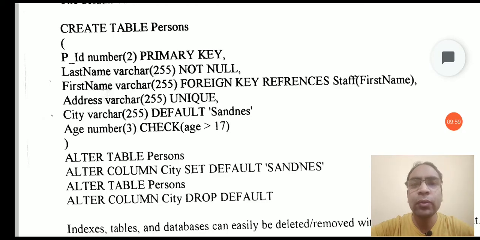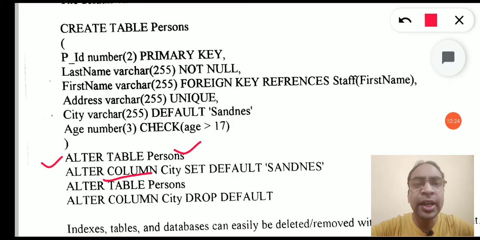So let's say if we want to add some column later, or alter some column later, and we want to drop a column, we can do all these things just by using the alter table command. So we'll write alter table and then the name of the table on which we want to perform the alteration, then alter column, the keyword column, and then the name of the column we want to alter.